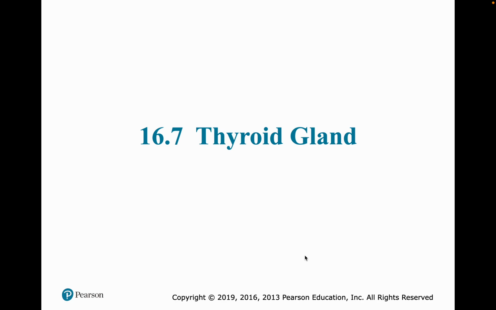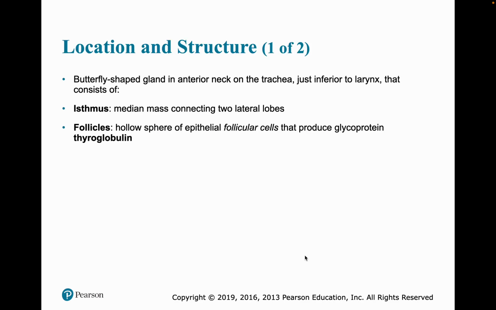Continuing the endocrine system by looking at some of the other endocrine glands besides the pituitary and the hypothalamus, starting with the thyroid. It's a butterfly-shaped gland in the front of the neck on the trachea, just below the larynx. It's made up of a middle piece called the isthmus, which connects the two lobes, and